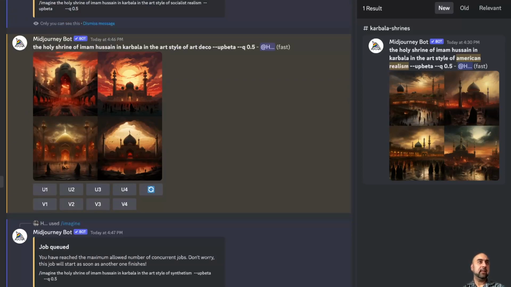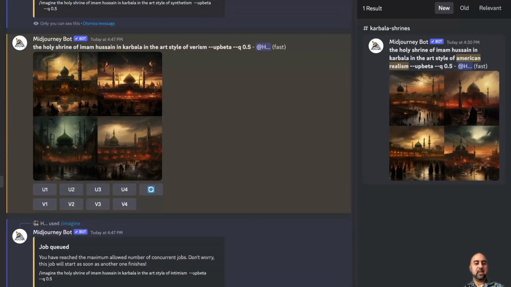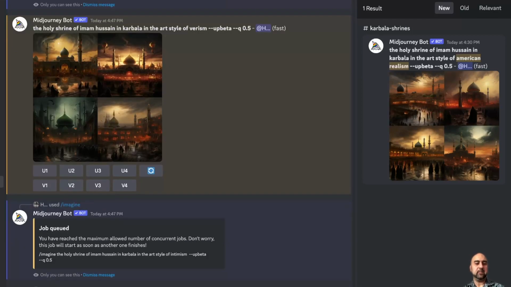And then we have intimism. I don't know what most of these are, so it's good to see. Be surprised, pleasantly surprised. Okay, this is new medievalism,